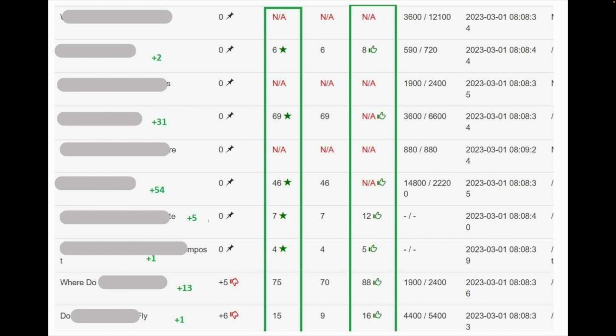The next keyword here jumped up 5 places, which took it on to page 1, which was fantastic. It was lingering on page 2, and we're now at position 7, the highest it's ever been, by it jumping up 5 places from making these changes. This one here was already on page 1, but I wanted to try and get it to position 1, and we've managed to improve it one more slot, and we've gone from position 5 up to position 4, again the